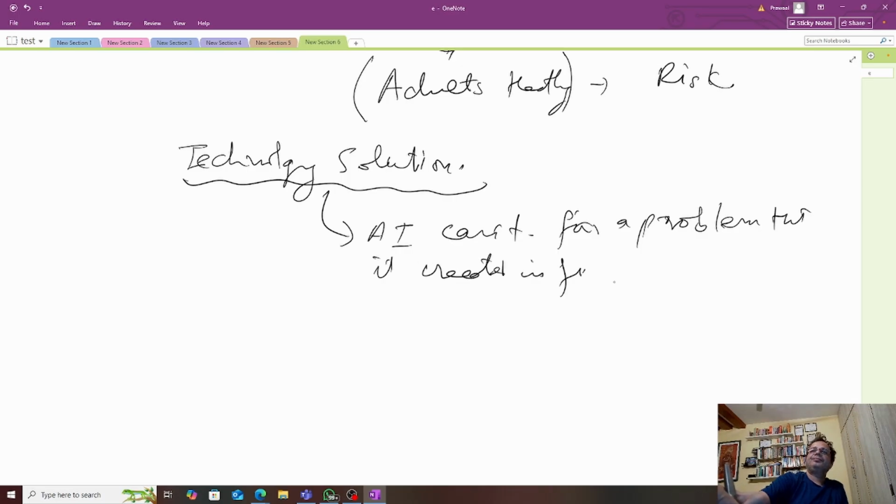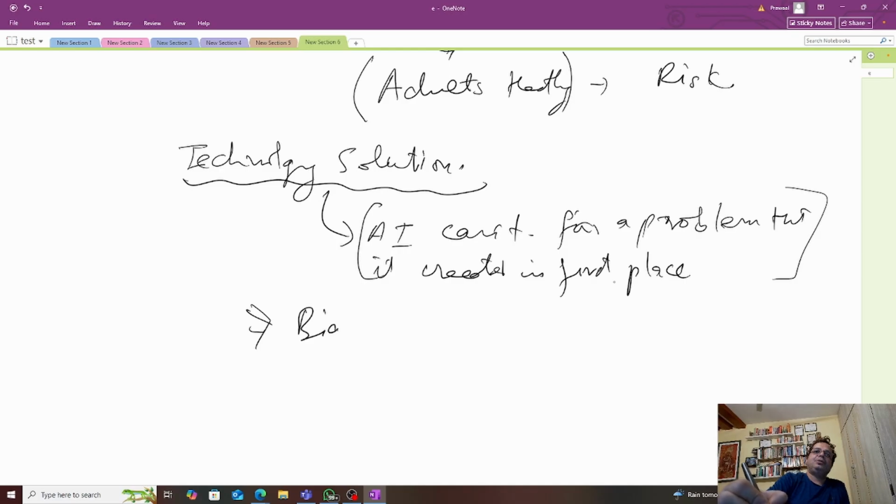Okay, so the bias itself is being created by the algorithm. If it was so smart that it could catch it and fix it, it would not have created the problem in the first place. But having said that,